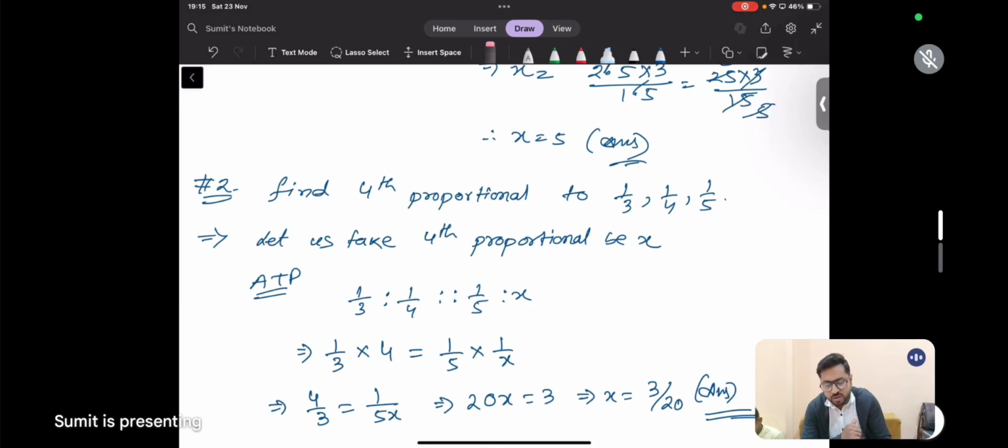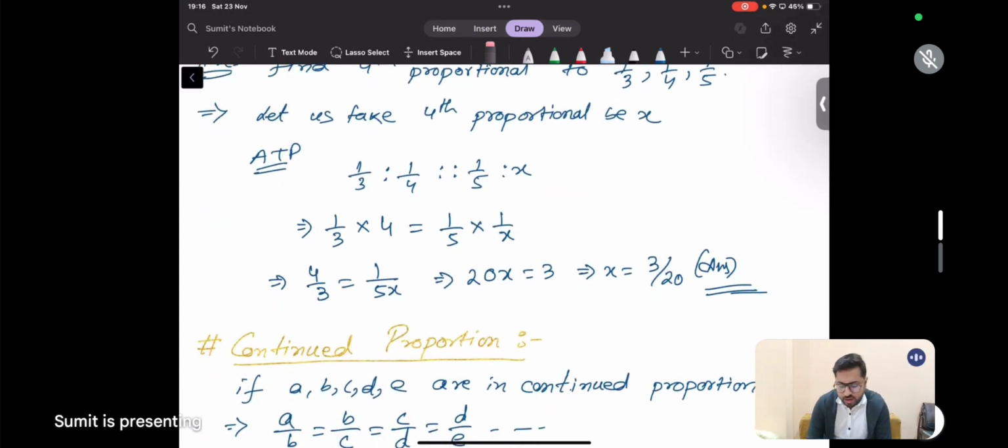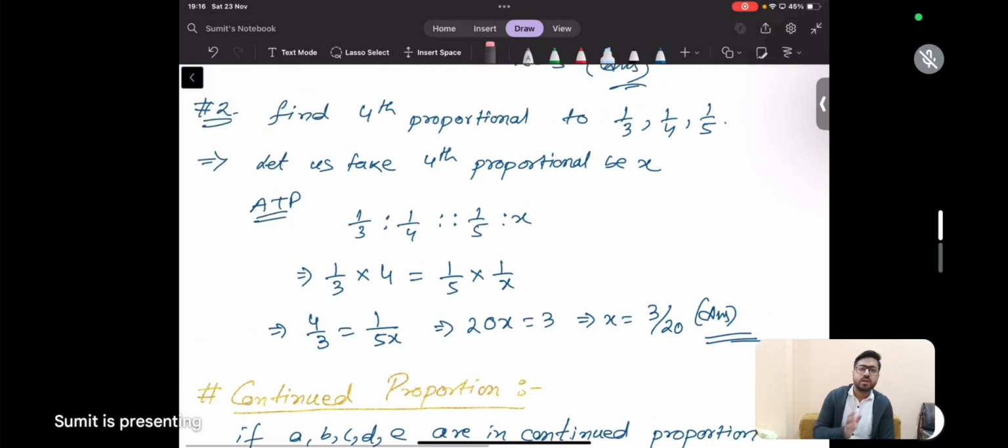So then ratio মানে division, তো if you convert into multiplication then it will get reversed, পরের টার্মটা রিভার্স হয়ে যাবে, রাইট? তো ওখান থেকে ক্যালকুলেশনস করে তুমি x ফাইন্ড করতে পারো, সেটা x আসছে 3/20। এটা বেসিক সাম ছিল। এরপরে আসছে কন্টিনিউড প্রপোর্শন। কন্টিনিউড প্রপোর্শন মানে কি, এটা ল্যাঙ্গুয়েজের মধ্যে কথাটা আছে, মানে the proportion